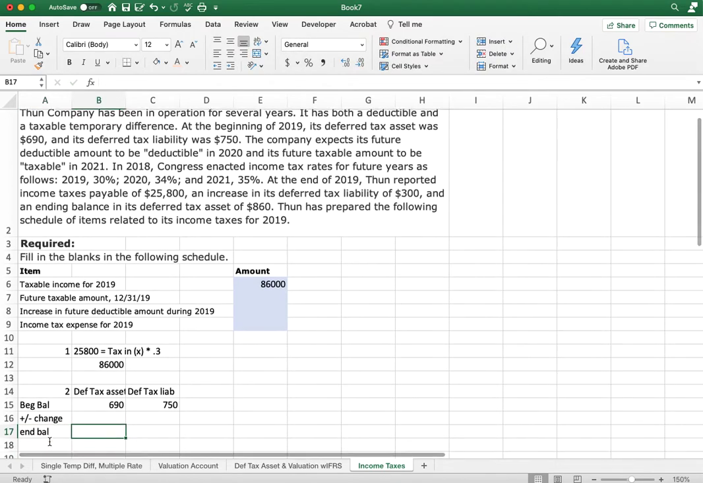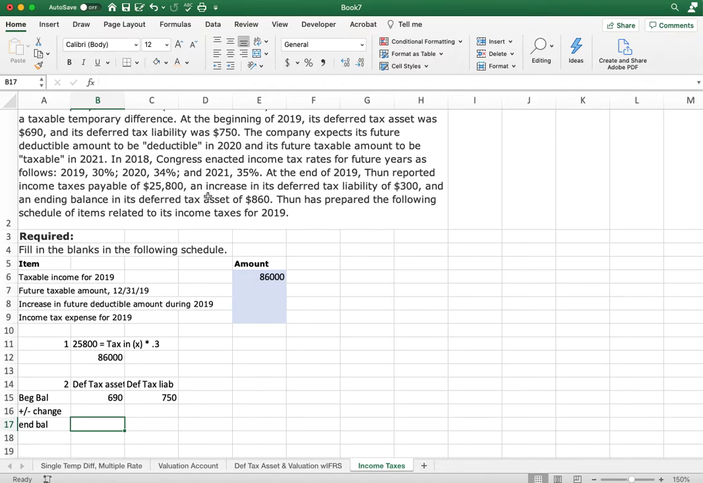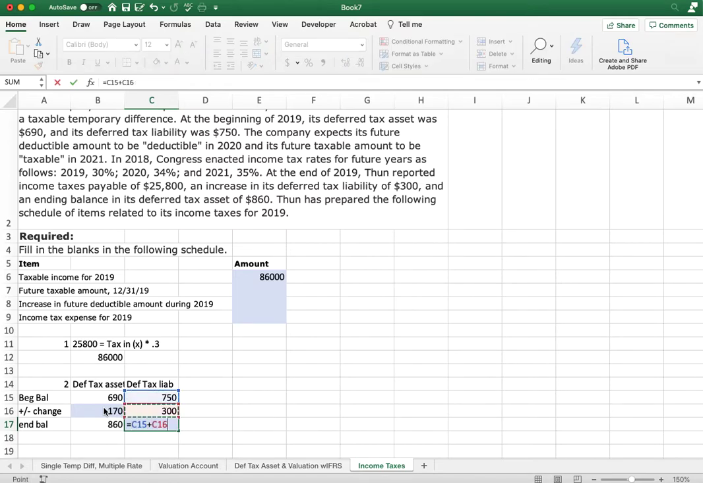And so for this information, they gave us an increase in the liability of $300 and an ending balance of the asset of $860. And so we're missing a little bit of the information, but we can solve for that by taking our $860 minus the $690, which gives us a change of $170 to the tax asset and a balance of $1050 for the deferred liability. So now we can answer this future taxable amount